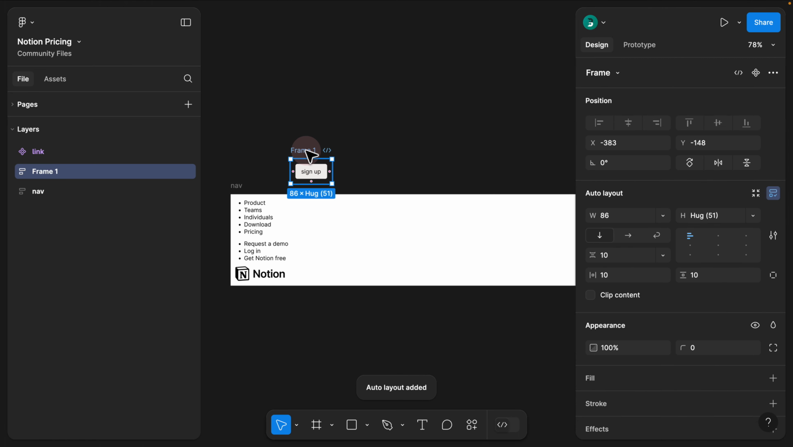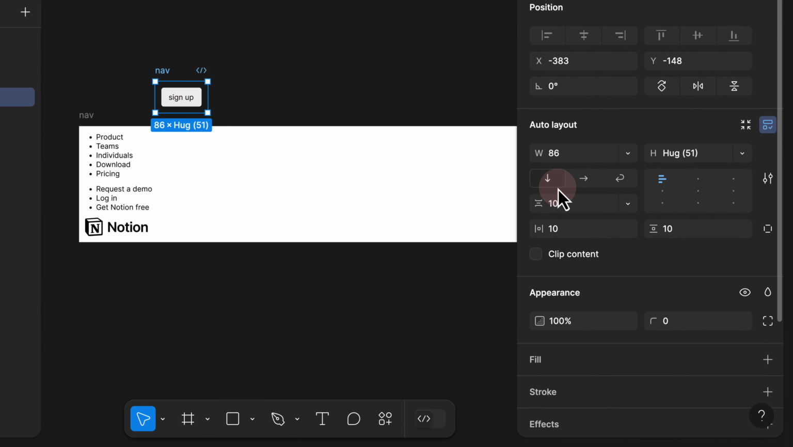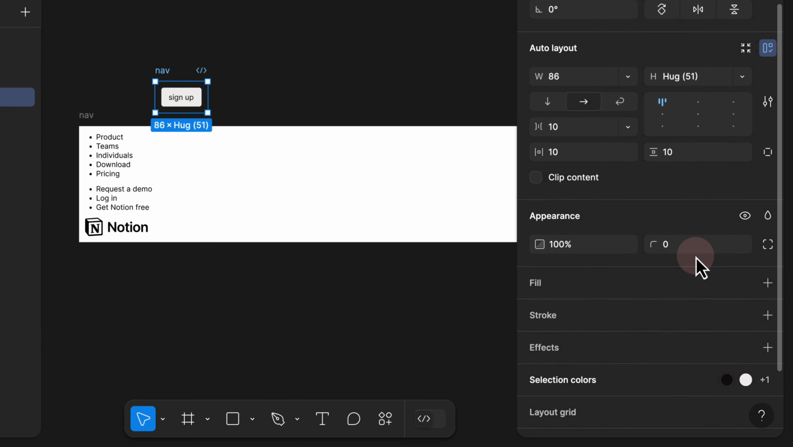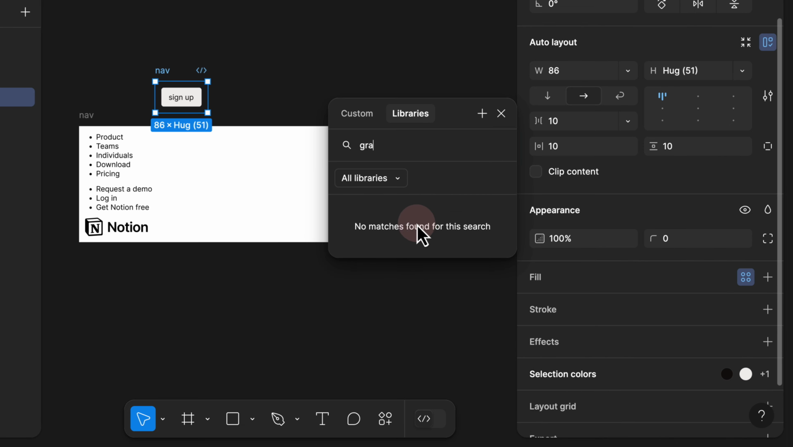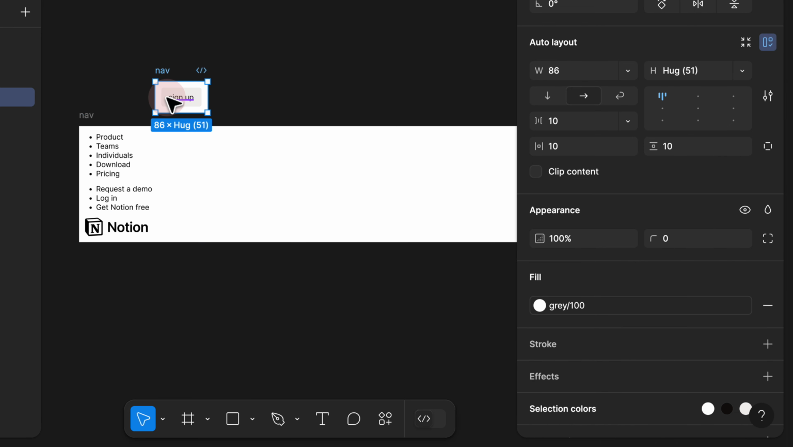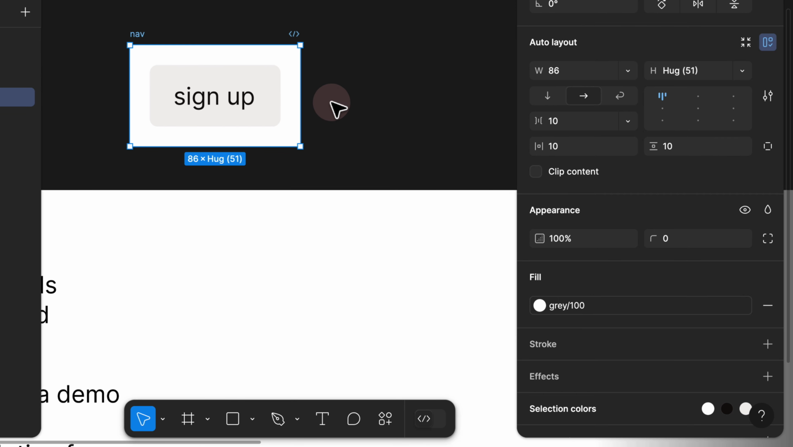Shift and A to create an auto layout, rename this to nav, and then I would set the direction from vertical to horizontal, and then in the fill section I would just basically give it a background color of white, which is gray 100. As soon as I select that, here we have our navigation created,